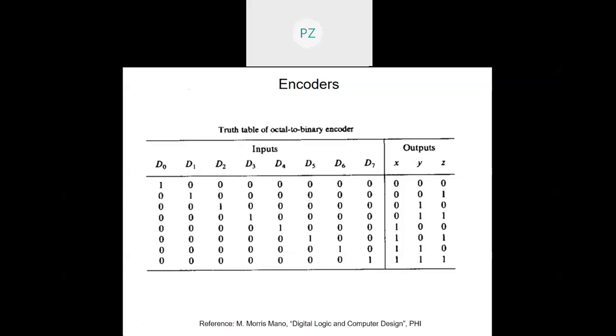Let me make it very clear here that keeping 0 as off and 1 as on, or correspondingly 0 as false and 1 as true, is a matter of convention. People call it positive logic. It depends what convention you want to adopt. If somebody wants to keep 1 as off and 0 as on, it is perfectly fine. That will be called the negative logic. So it is just a matter of convention.